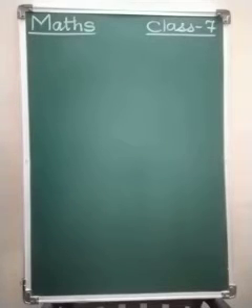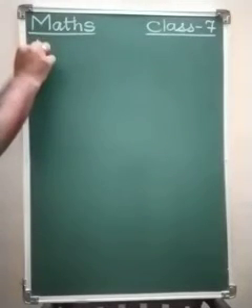We have started with exercise 1.4, question number 1, and we have solved some sums from that exercise, and some sums were given for your homework. One sum was given for your homework. Now G, H and I sums are remaining. So welcome back students to our maths class of class 7, and we'll try to solve the G sum.